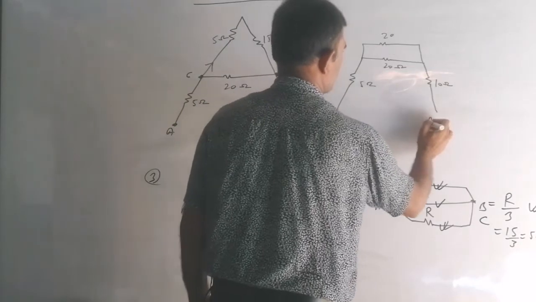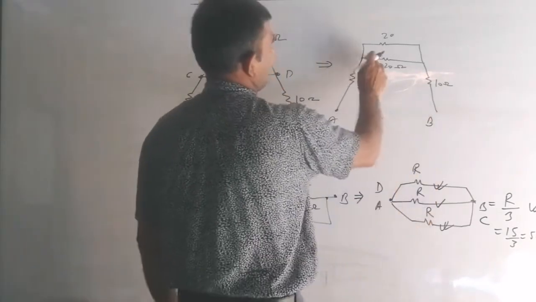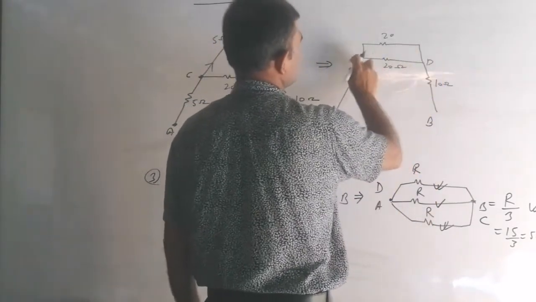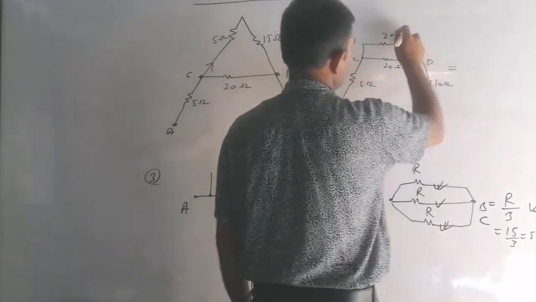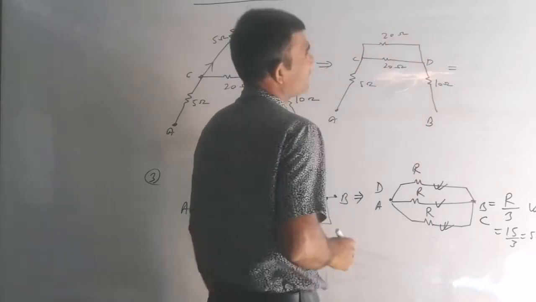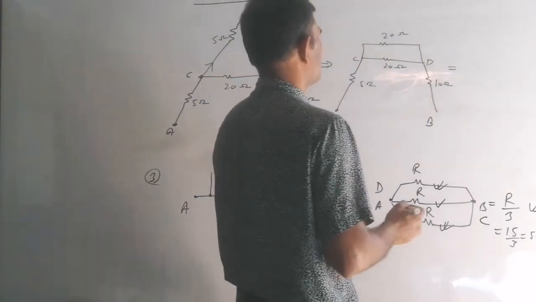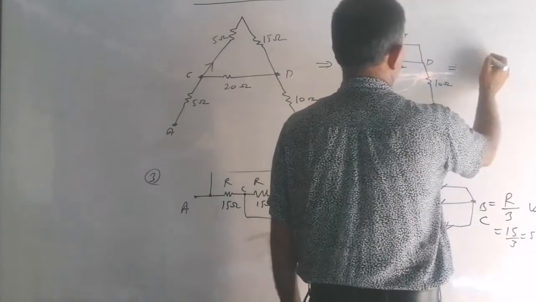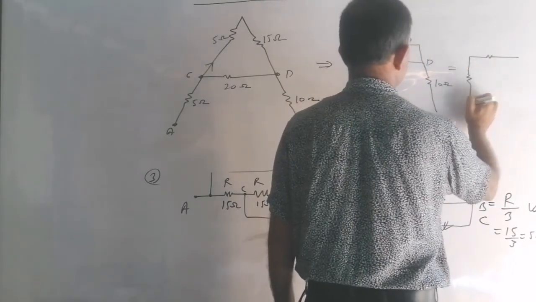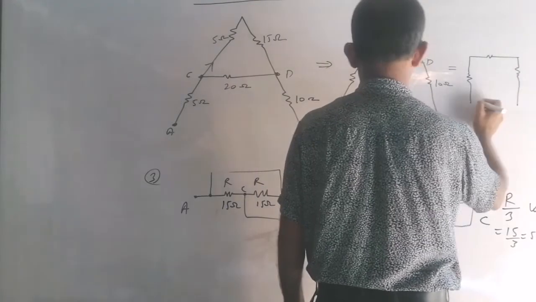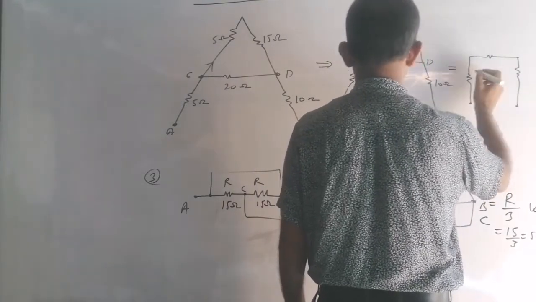And why am I telling it fast? Because this is so easy. And now this is C and D. Tell me, these 2 are in parallel, and if they are the same, then 20 parallel 20 is 10, 20 divided by 2. So now only one resistance is left here, one resistance like this here, and one resistance this. Now, is this difficult for you?